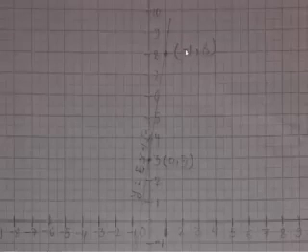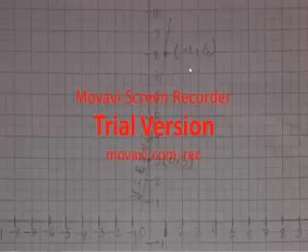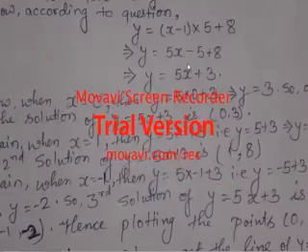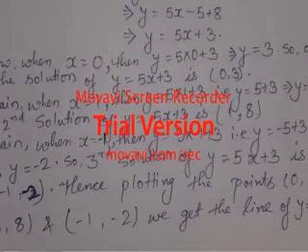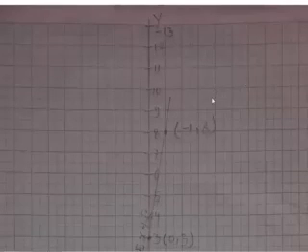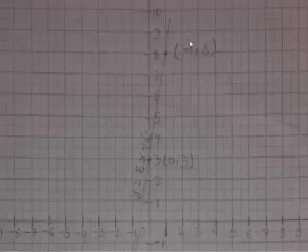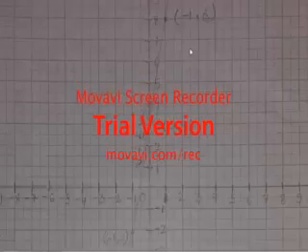When the distance is 1, then the value is 8, not minus 1 comma 8. By mistake it has been written, students. You can see over here it is 1 comma 8, not minus 1 comma 8. That you have to keep in mind. By mistake it has been written minus 1 over there. So it is 1 comma 8, not minus 1 comma 8. Students, listen and try to correct it.